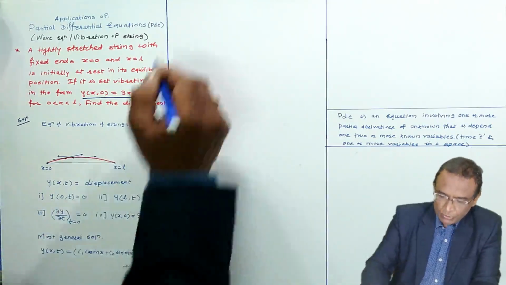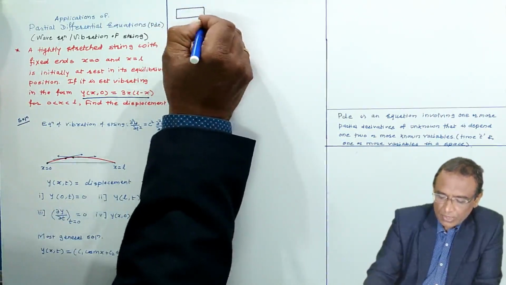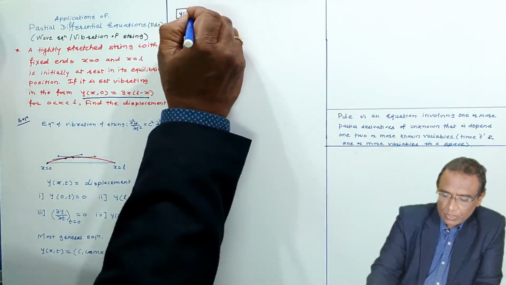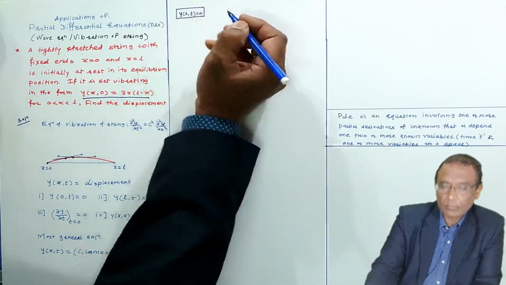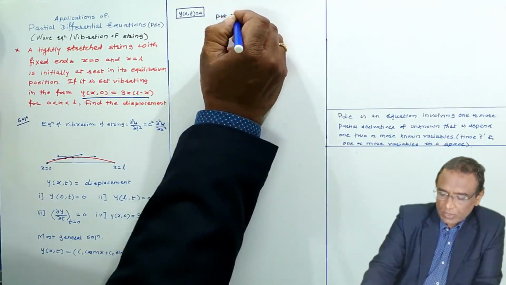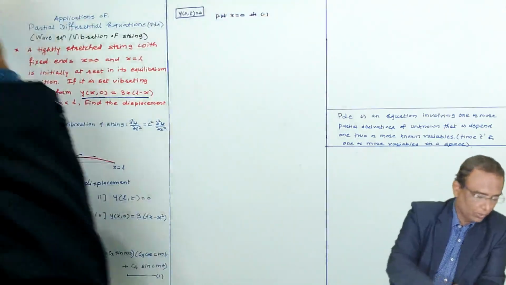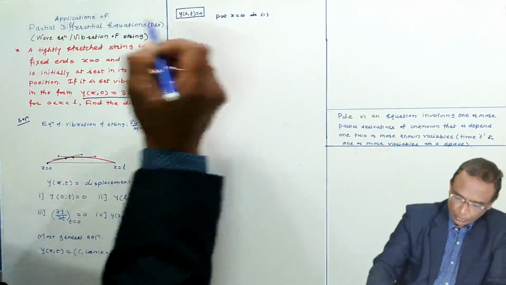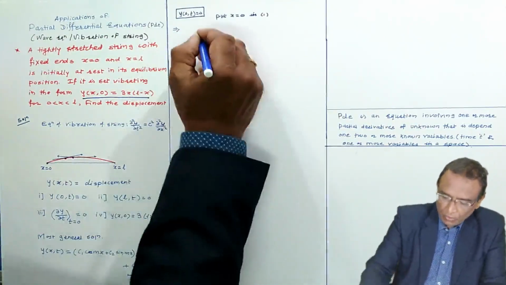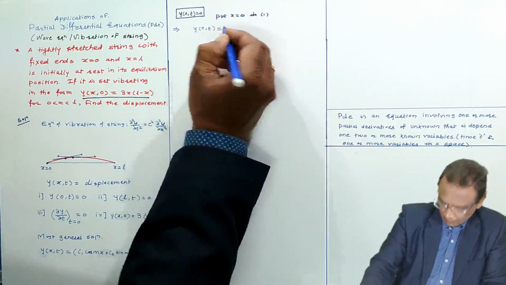Now, I will use the conditions one by one and find the solution. Here, the first condition I am going to use. What is the first condition? Y of 0, t equals 0. Okay, what do I have to do? Put x equal to 0 in equation 1. If you put x equal to 0 in equation 1, then what do we get? Y of 0, t: